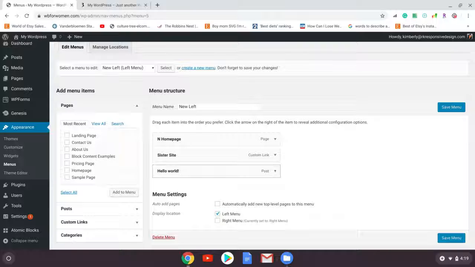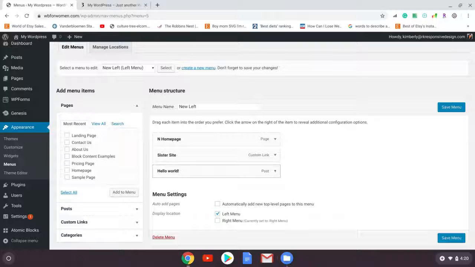The reason you would want to use sub navigation is if you have too many categories, which would make your site look cluttered if you put them all on the main navigation. I try to keep my main navigation under 6 items. Yeah, under 6 is good because you don't want your site to be too busy. But oftentimes you have many things that you want to display. You might have different types of services or products, and so you would want to put them underneath a main